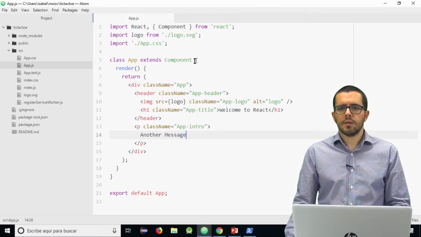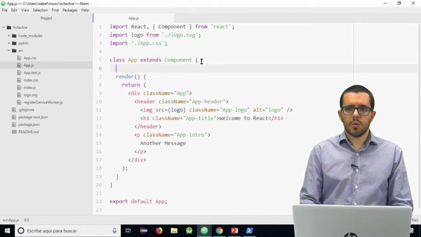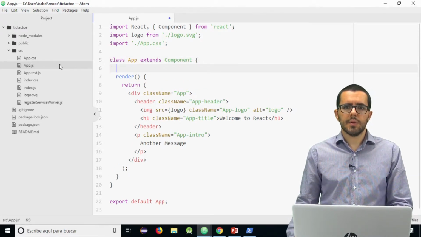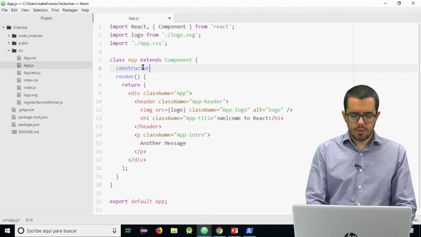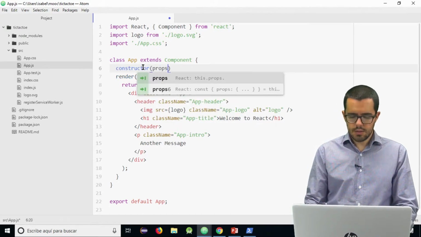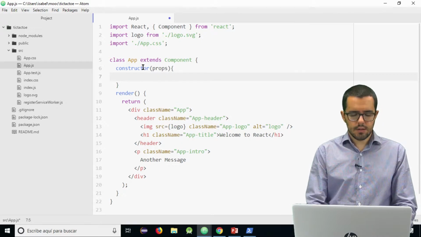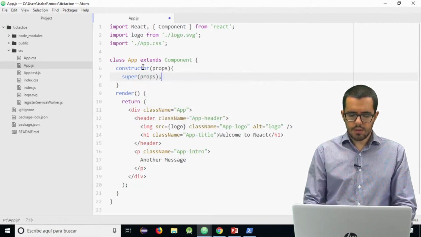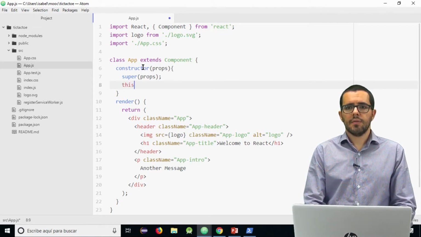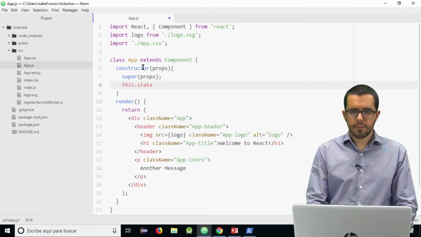We have this code here, so we go to this file app.js and we create a constructor. The constructor receives the props and just calls, as always, super props and defines the state.